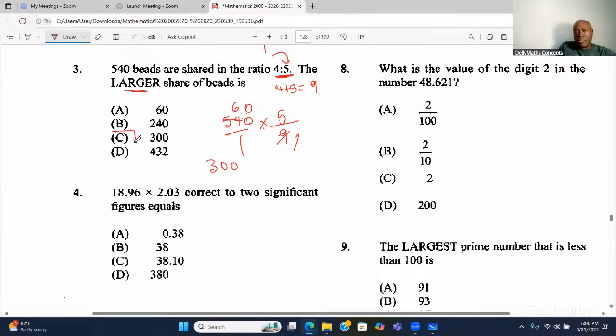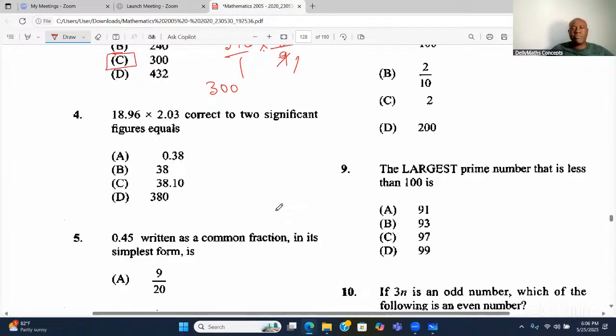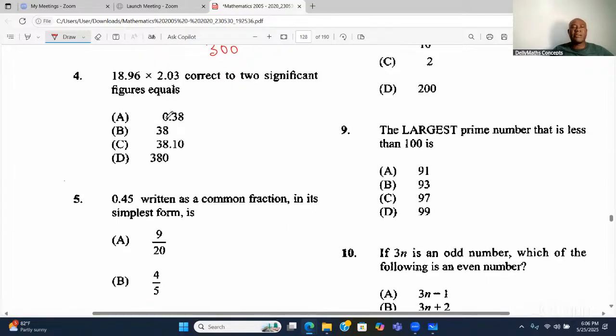And so it's right here. Again, remember the total number of parts is 9, right? So we're actually finding 5 out of the 9, basically. So that's one way to look at it. I'm not going to do multiple ways. I'm moving on. Question 4 says,